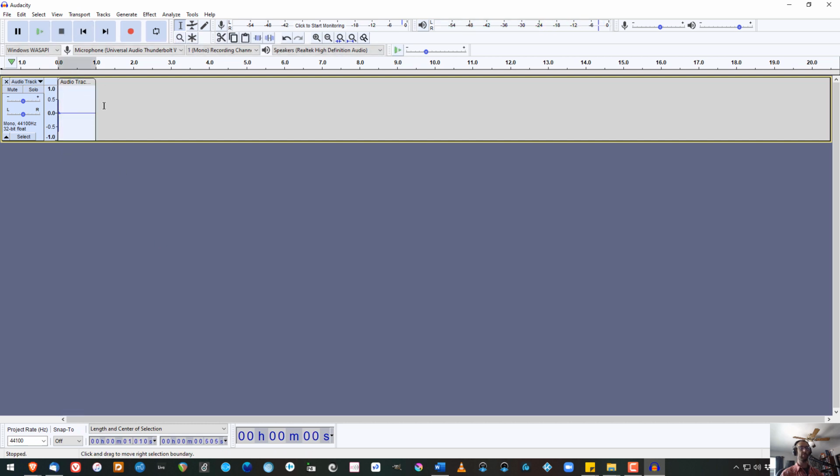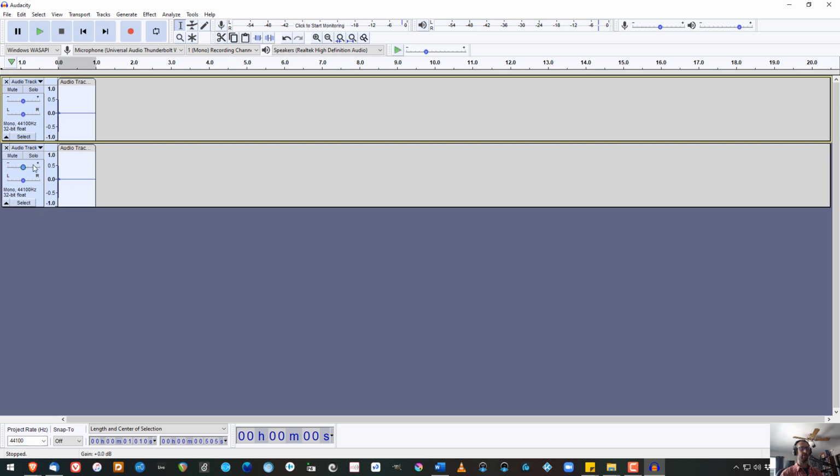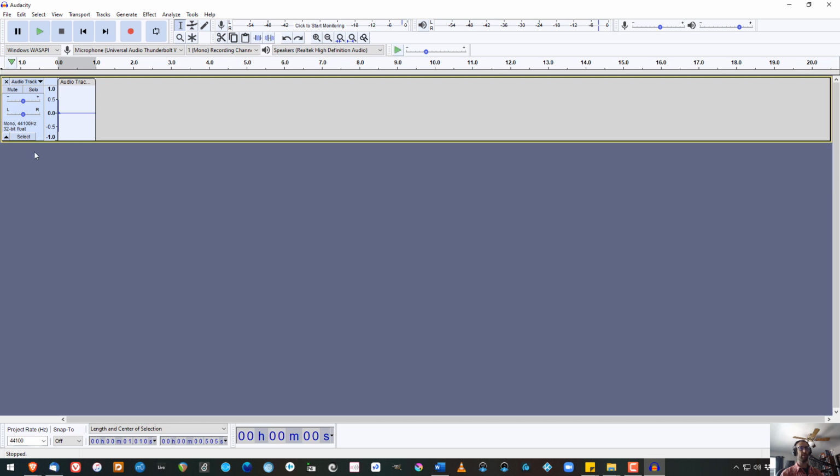And then, of course, I can duplicate it with Control D, which duplicates to another track. Didn't really want that. This is where I can also do a little bit of copy and paste, and then I can just grab them by the title and move them up so that they're right next to each other. So now, if I go back home,